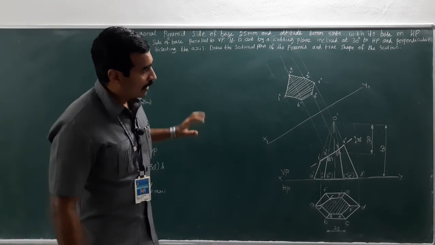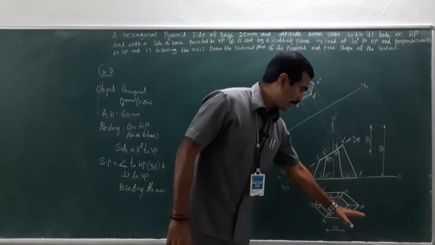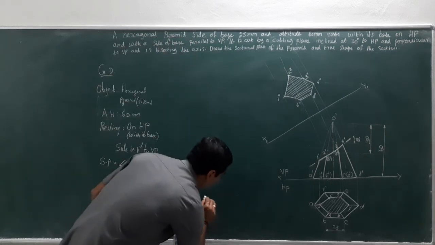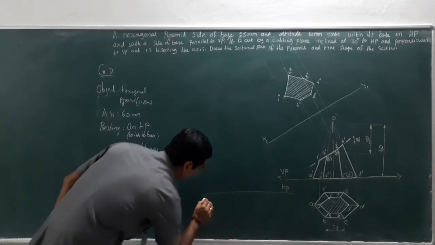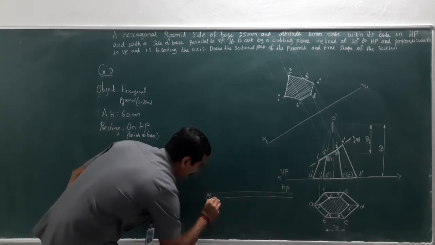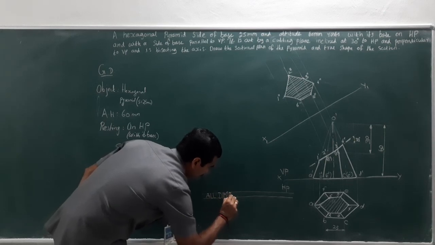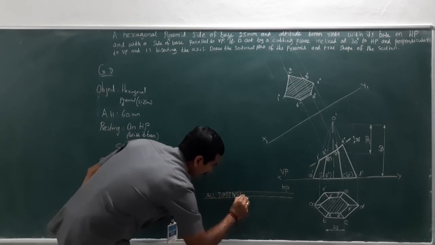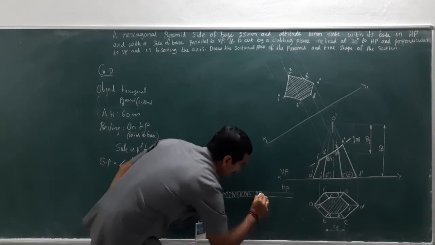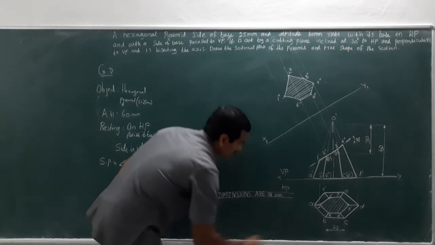Next, what I have to do? I have to do the notes. Notes should be captured at the right bottom of the drawing. So with a guideline of 5 mm, write: All dimensions are in mm. The mm should be mentioned in smaller letters, that is nothing but lower case.